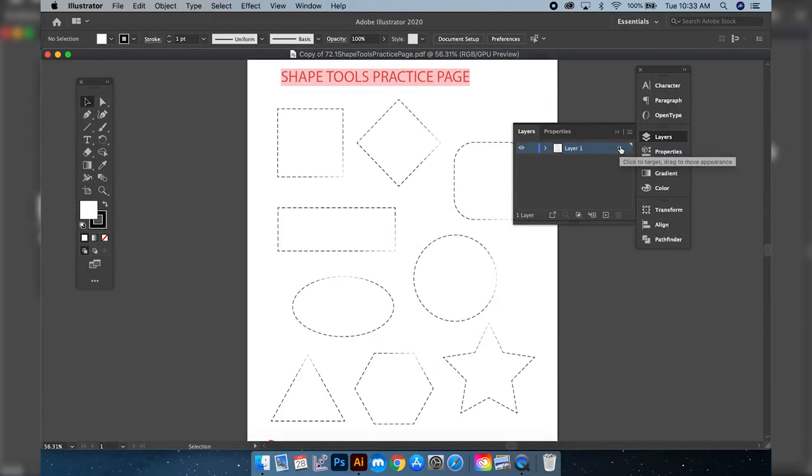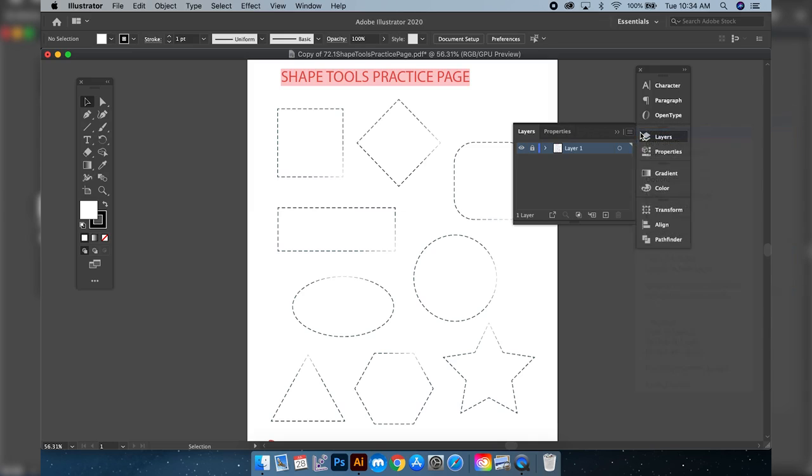So we're just going to stick with the same layer, but this layer right here, layer 1, is the one that we just imported. And what I want to do with that is I want to actually lock that layer down, because we're going to start a new layer to actually put the shapes on top of it. So right here, next to the eye, I'm going to hit the lock, so that way it's locked. I'm going to go over here to the top right, these 3 lines right here, and I'm going